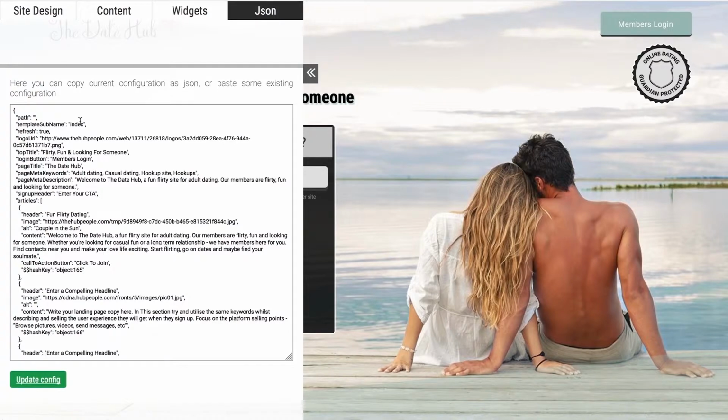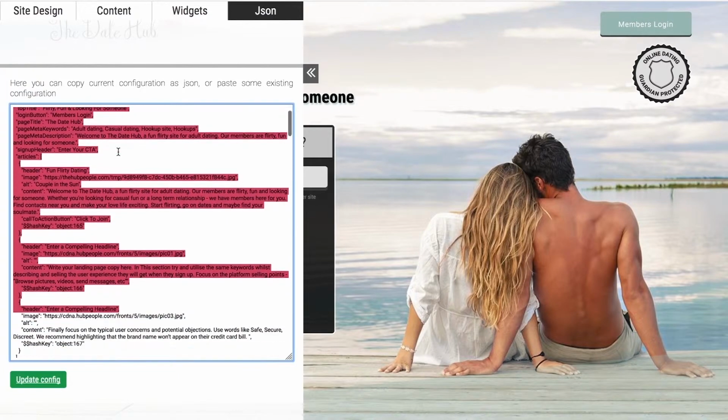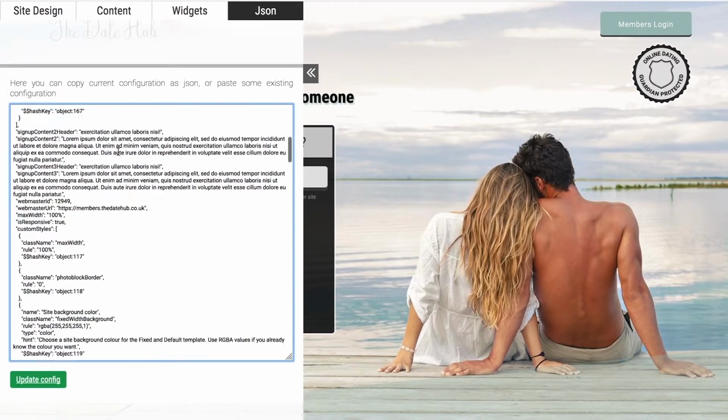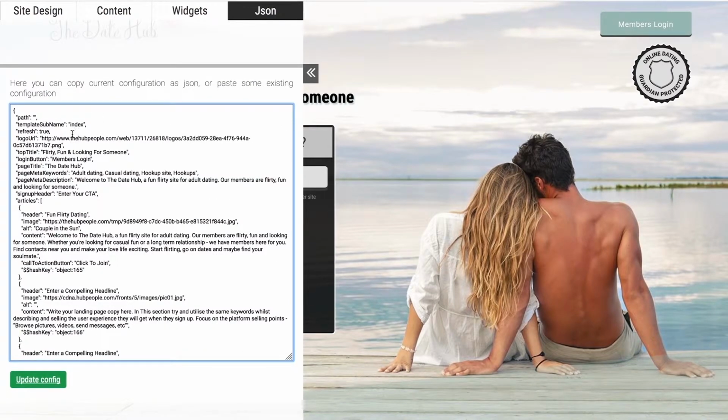So the JSON is basically just a bunch of JavaScript code, which holds all the settings that we've just gone through for our site. And if, for example, we want to save that on your local hard drive for backup purposes, you've got this. One of the other really useful